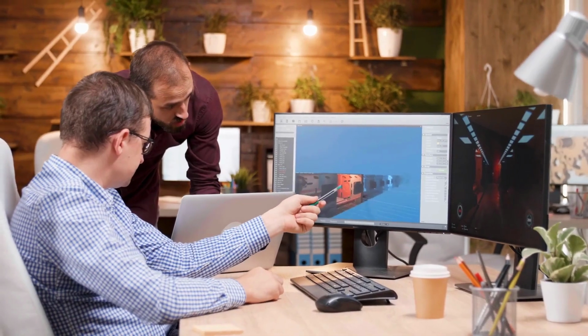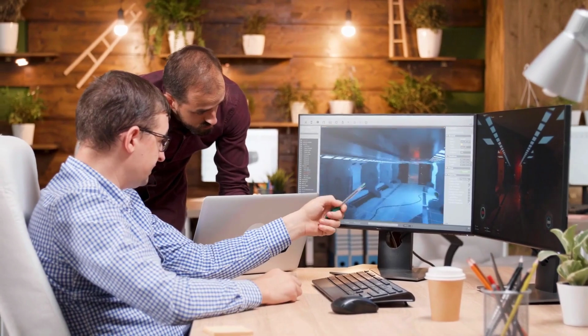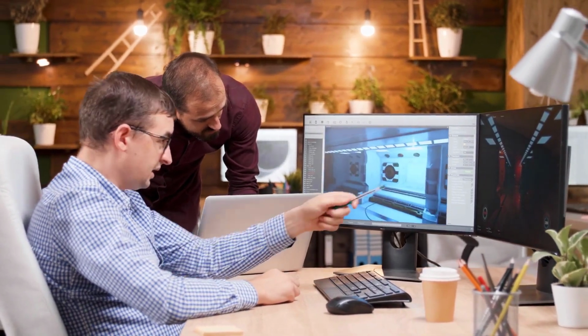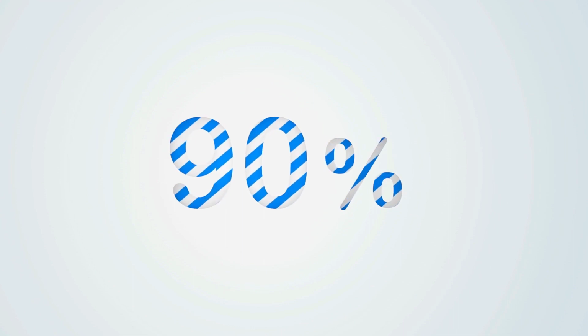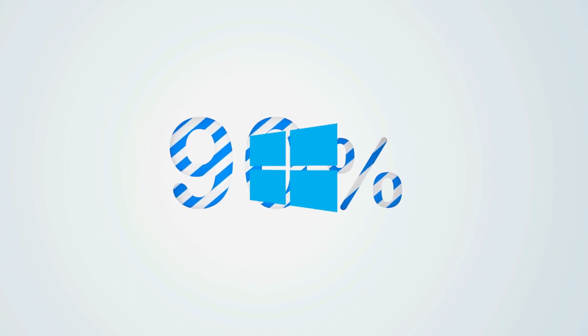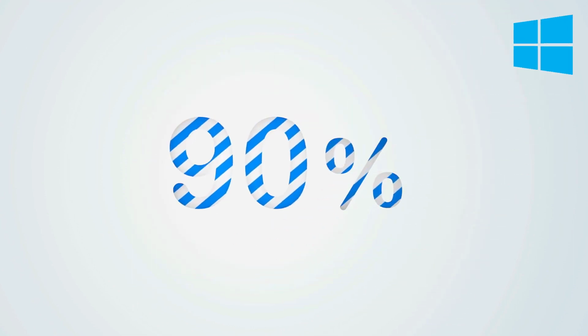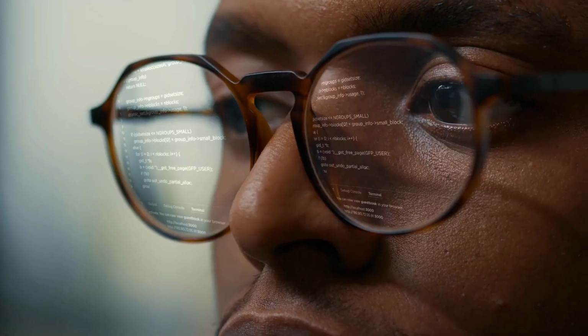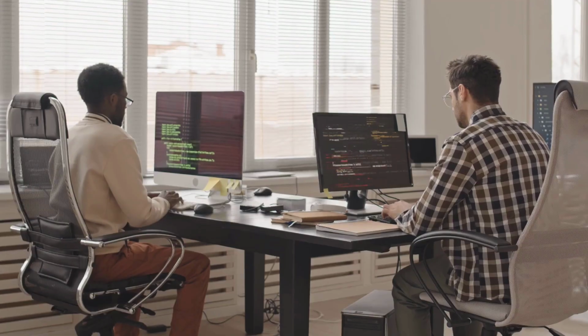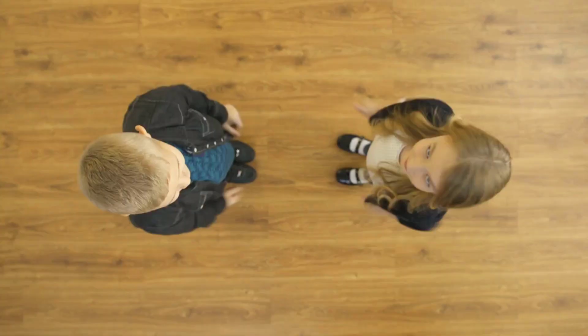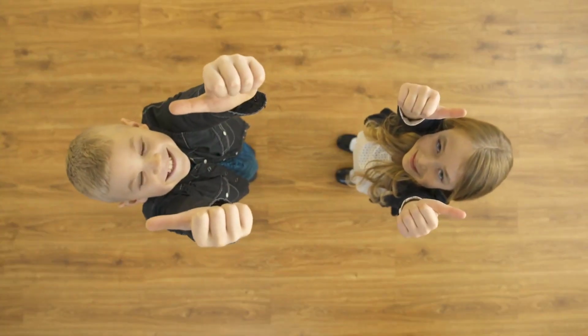And not only that, by default, game developers make their games initially for the Windows operating system because more than 90% of computer users use Windows on their systems. And because of that, developers make their choices for Windows as default. So this is where Windows has the upper hand on Linux.